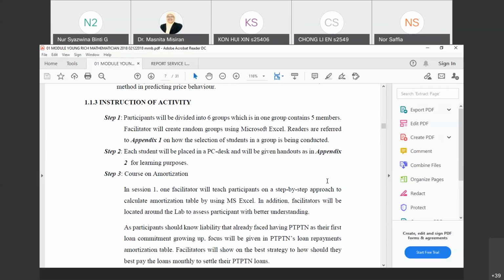Maknanya orang boleh replicate your program tu, tak perlu pun dapat daripada you. Dia tak perlu jumpa, oh Divya macam mana nak buat ni? Tak ada. Maknanya dia baca je. Kalau you punya modul ni kan, kalau you punya activity is very foolproof kan, bila baca you akan dapat, oh step 1 kita kena divide participant into 6 group. So in your case, maknanya you buat step 1 for example, select